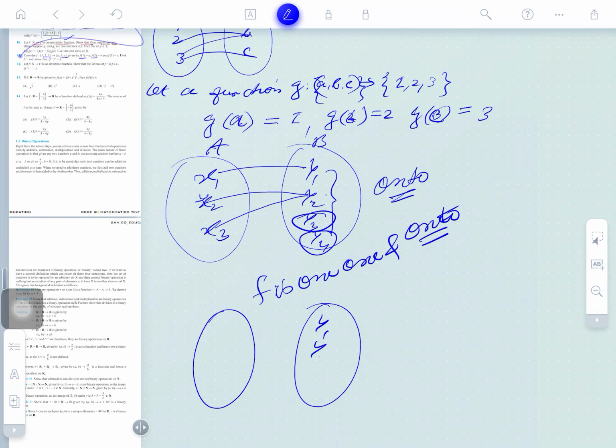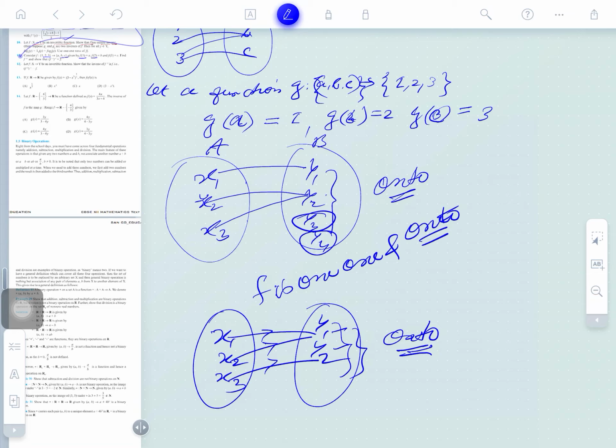Now there is y1 and y2, and x1, x2 and x3, as you may see. So, what type of mapping is this? This is onto. Why onto? Because there is no member in the image set which does not have a pre-image. So, the definition of onto is given on the basis of the second set.